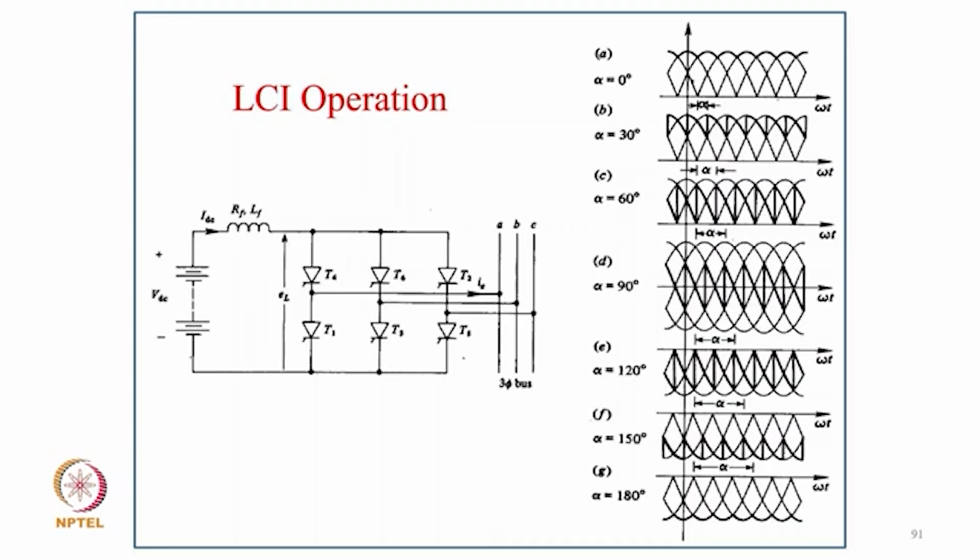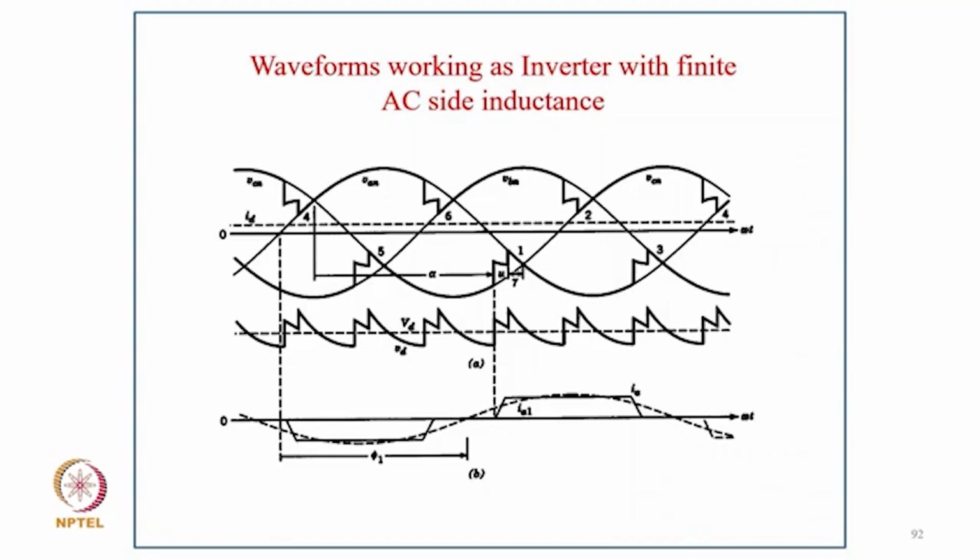Typically, the load voltage with the source impedance, and with a realistic load, discontinuous current, and then line converter inverter of this thyristor converter. How you can change alpha even to higher than 90 degrees, so it works in inverter mode, provided the DC link current is controlled. It means a reverse polarity voltage is applied, so that from the DC side you can become a source and feed power to the AC side.